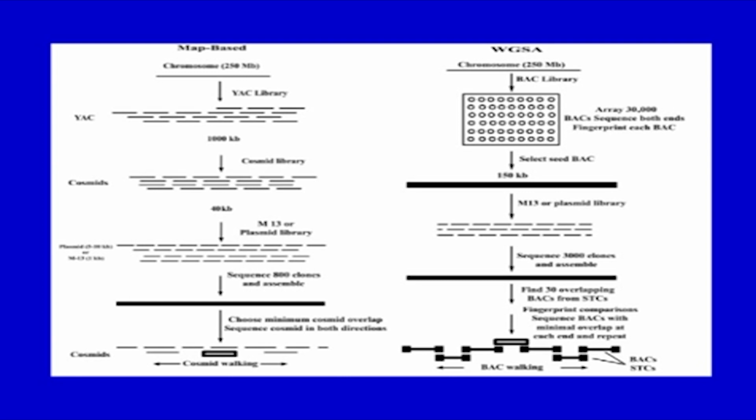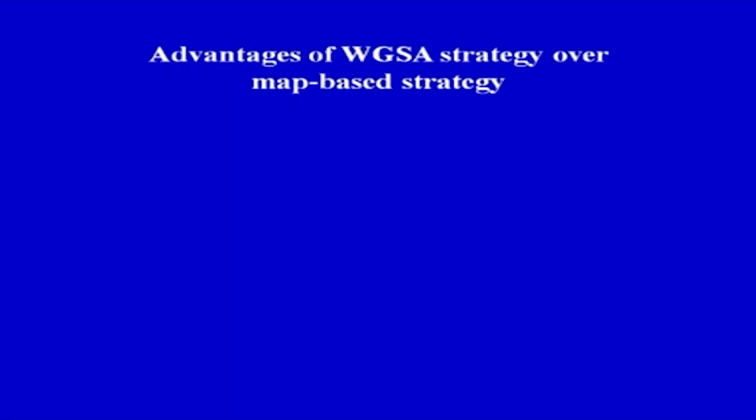Here it is randomly fragmented, and then these overlapping fragments, this is called BAC walking, and then this particular whole sequence is obtained. There are certain advantages of the shotgun strategy over the map based strategy. The shotgun strategy is readily automated through robotics and hence is faster and less expensive than the map based strategy. Most known genome sequences have been determined using the shotgun approach, many in a matter of say a few months, and